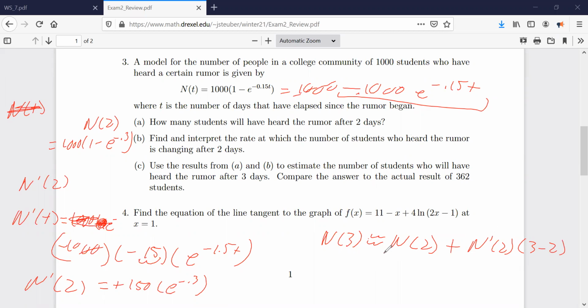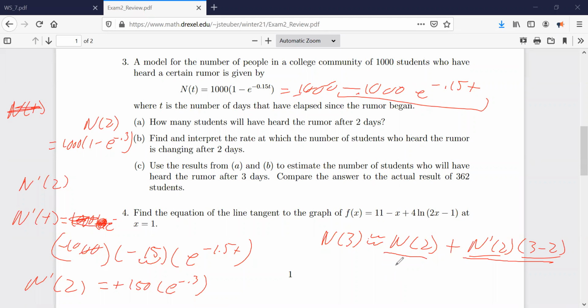So this is saying one of our other points plus the slope times the change. And if I do that, the value that I will get is going to be equal